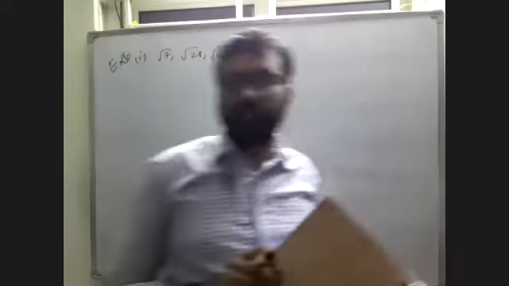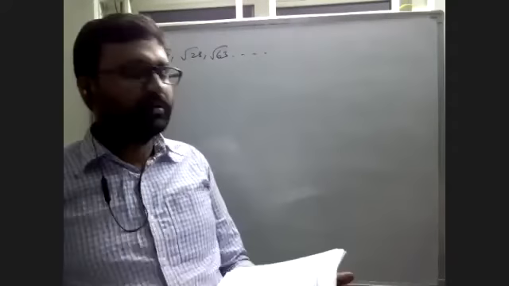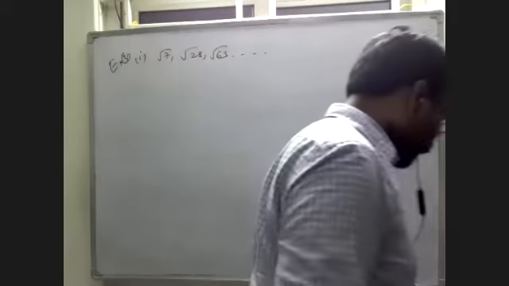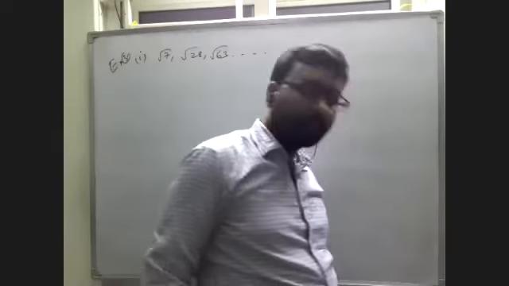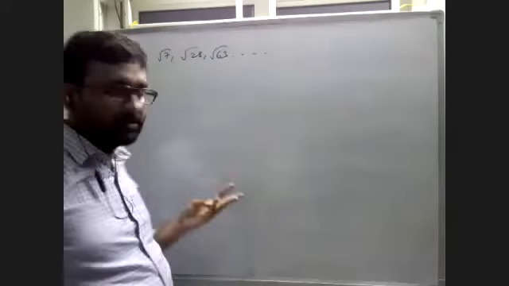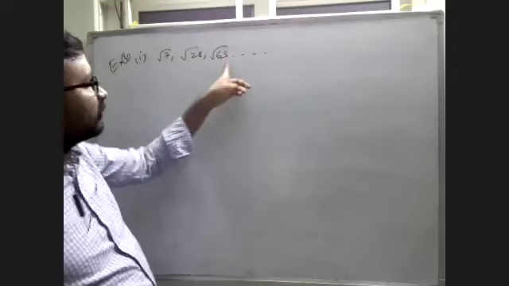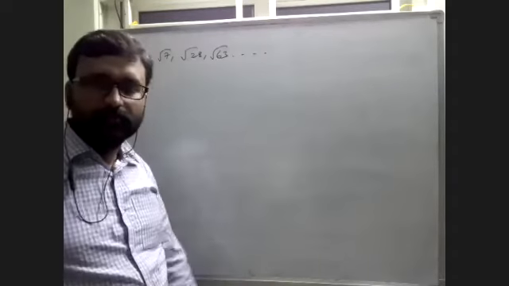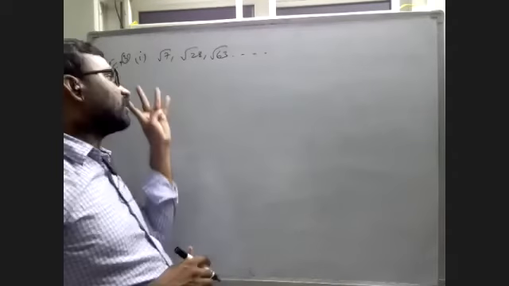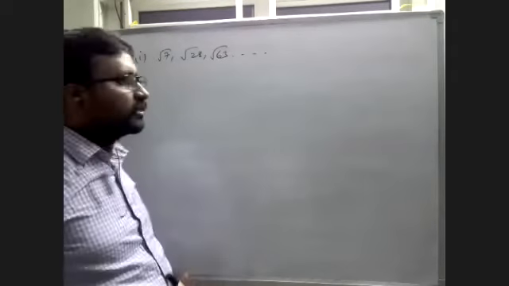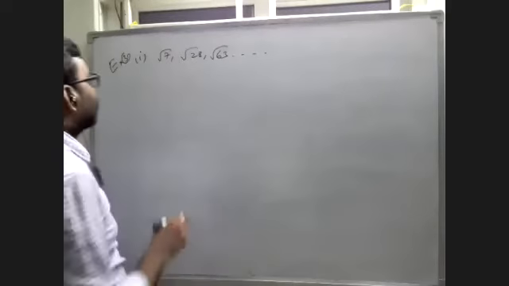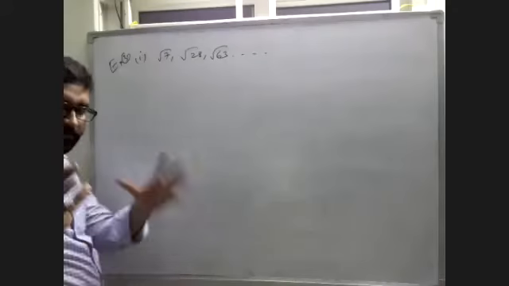What I gave you just now, after that homework, and the third example I am giving the first one. The second one is homework. The first one we have to show AP, the second one we have to find the common difference, the third one we have to find what we will get after 63. So we have to do 3 here. Listen carefully, and the fourth one I am also giving extra, that is we have to find the nth term also. For all we will do all the formulas.